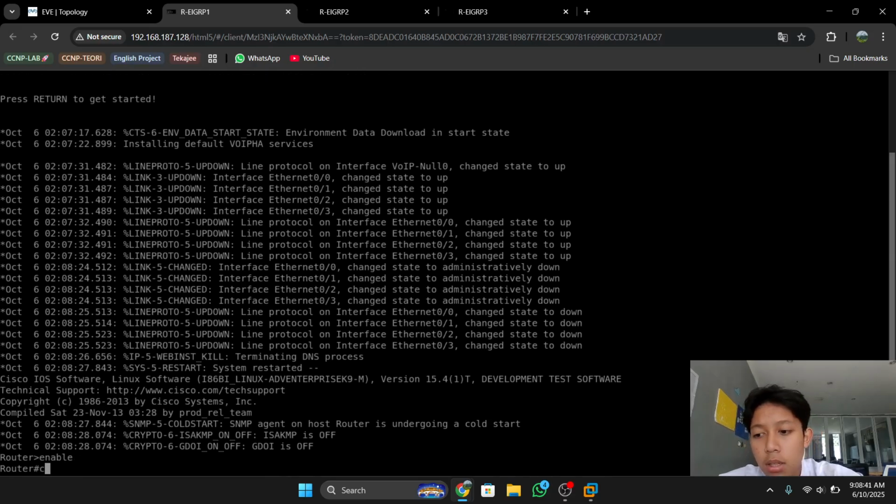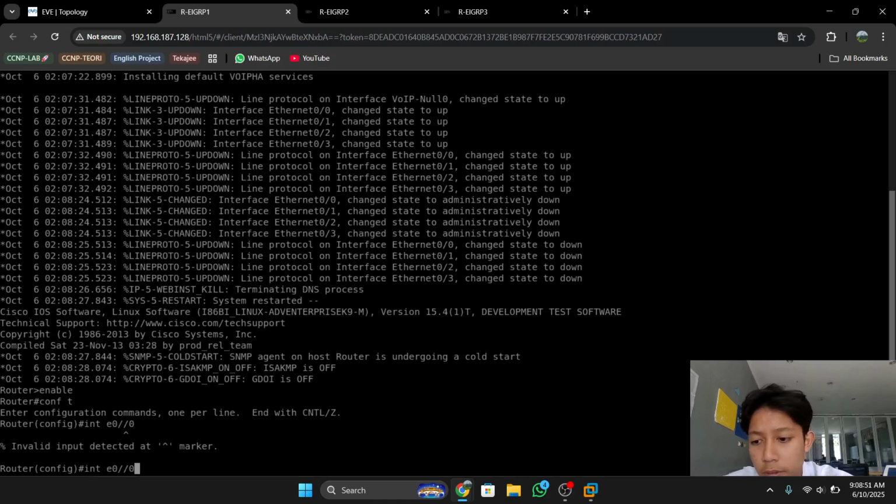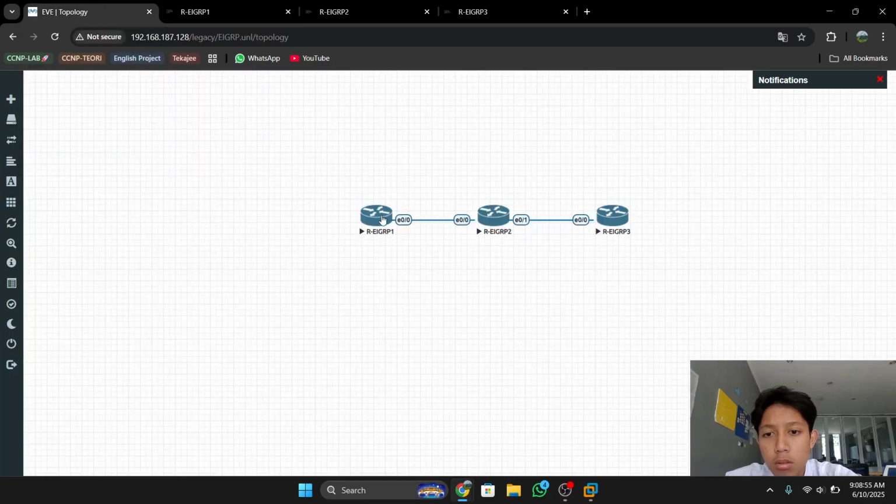This is the configuration for router 1. You can enable, conf t or configure terminal, and then you can enter interface Ethernet 0/0, or the interface that is connected to router 2.